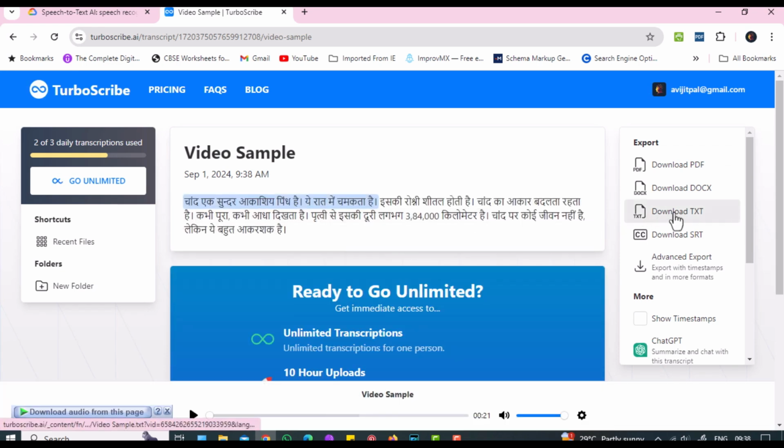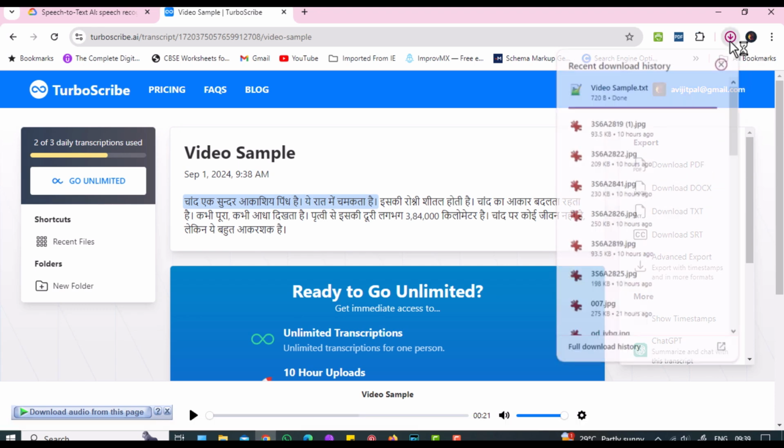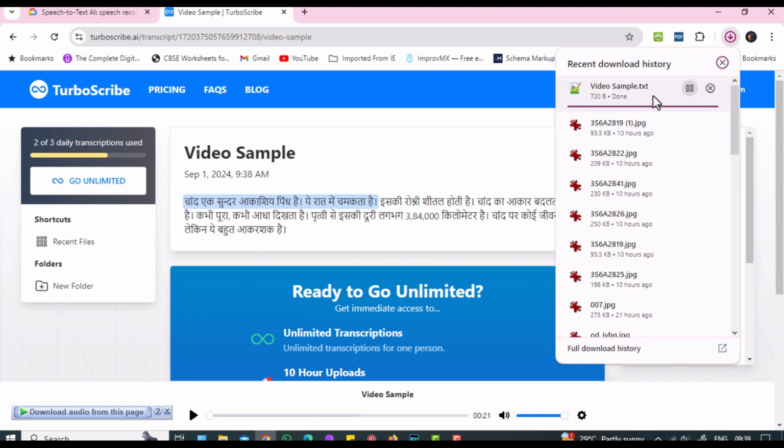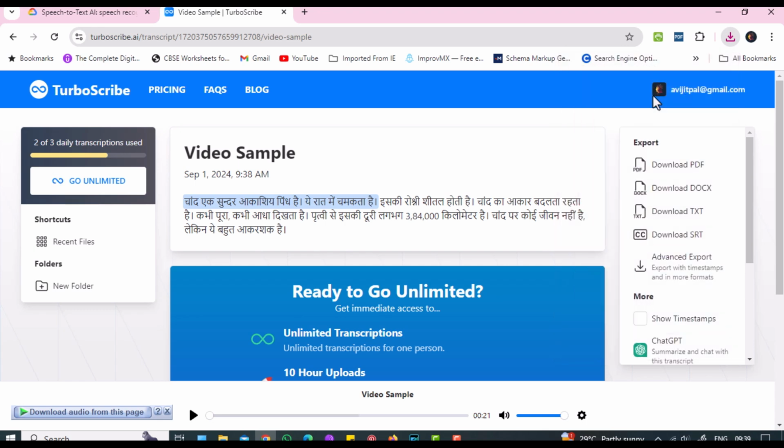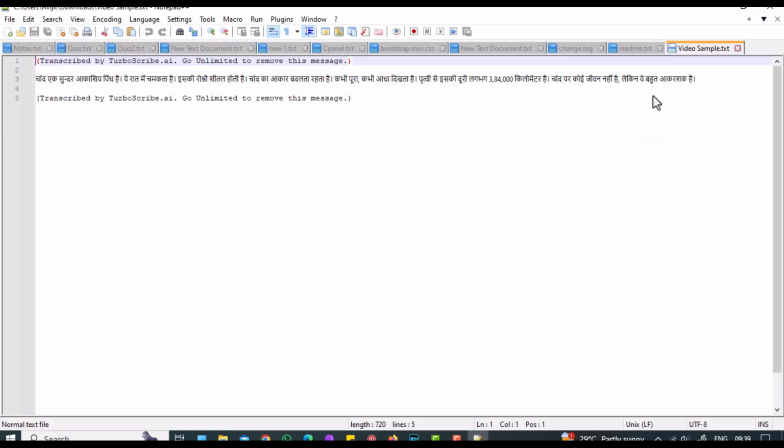I will download in the text format. Open the text file and do the editing, like remove the unnecessary text and put every sentence in separate lines.